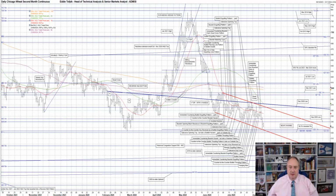Chicago wheat. In late May, the recent market peaked at the January 2022 low at 739, turning lower and not really stopping until the dark blue highlighted neckline of the February to April reverse head and shoulders pattern, currently at 572. I spoke on this level 9 weeks ago when I said, and I quote,